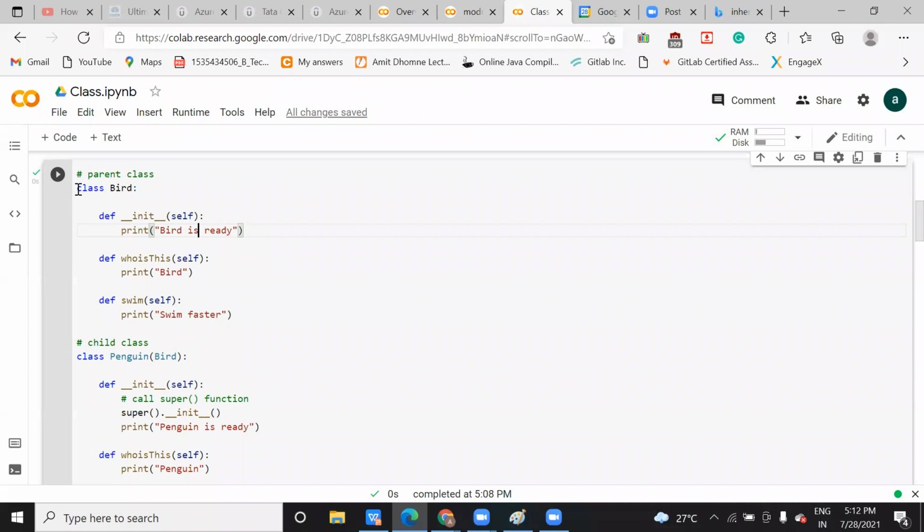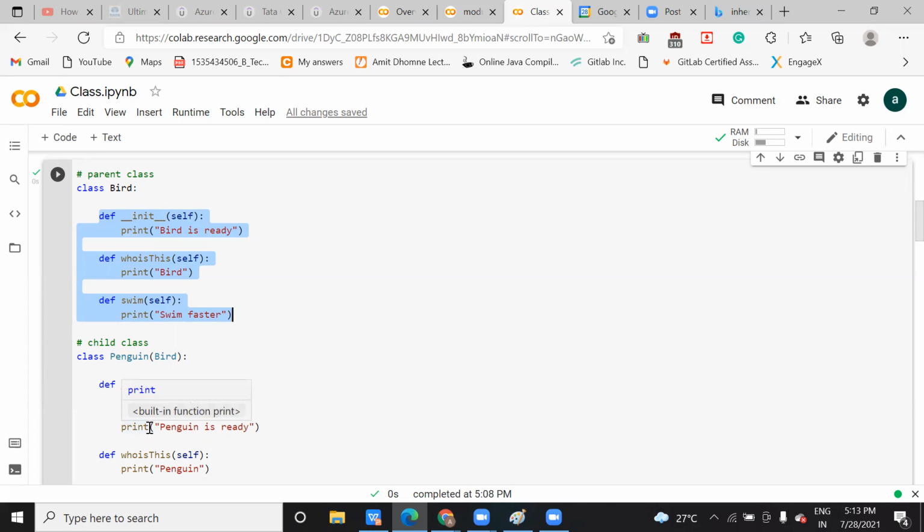You can see this is a class, and if you want to reuse it, how can you reuse it? You just pass this whole Bird class inside this another class. This is called your child class, and once you inherit it, all these methods will be accessible to this class also, whether it is a variable or a method.